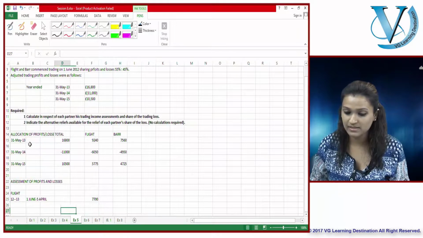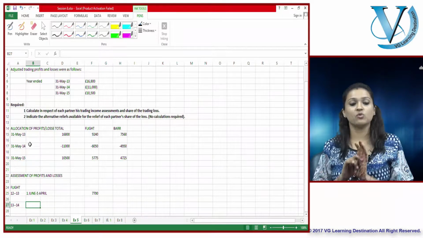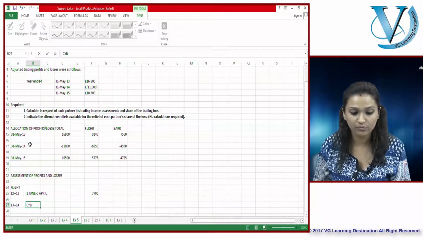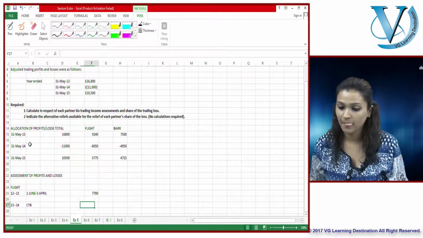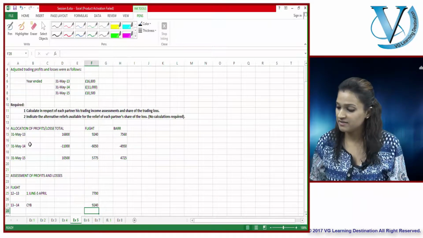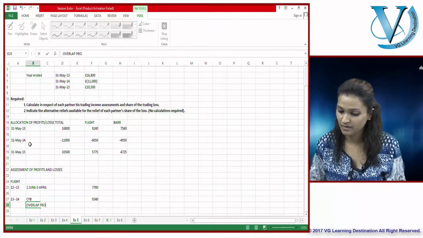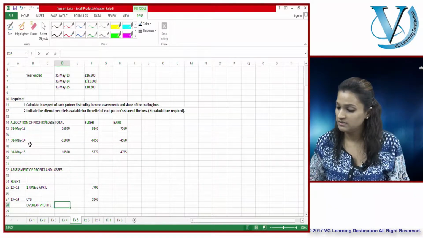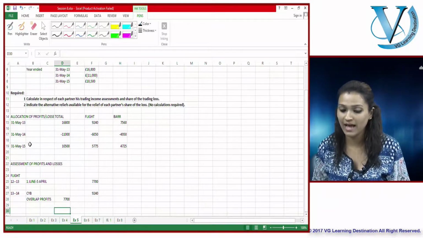Up next, what happens in the year 13, 14? You now ask yourself a few questions and arrive at your current year basis, thereafter arriving at a total profits. Total profit is how much? Total profit here is the entire 9240 gets taxed here, resulting into an overlap profits of 77,700.